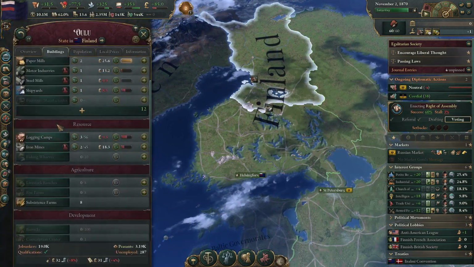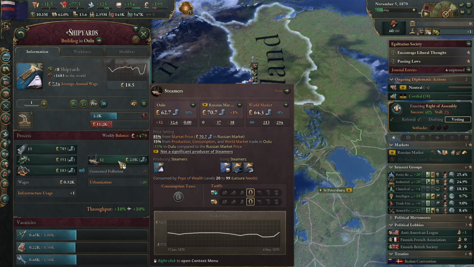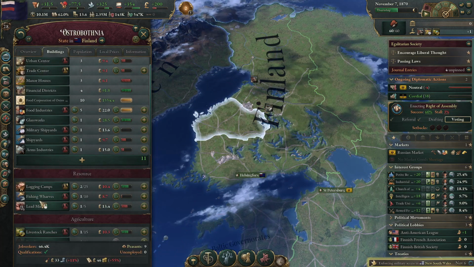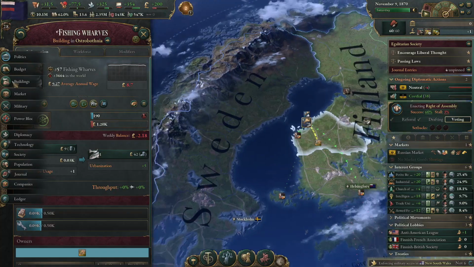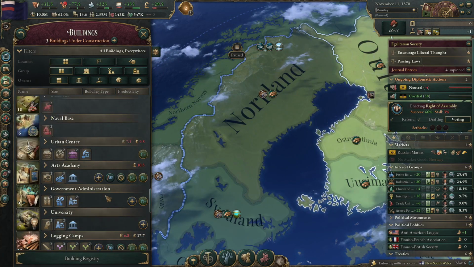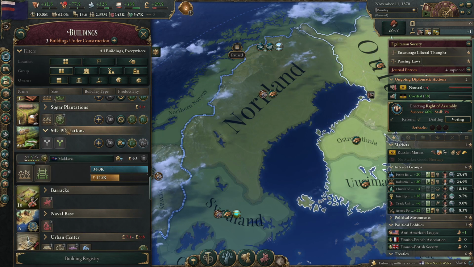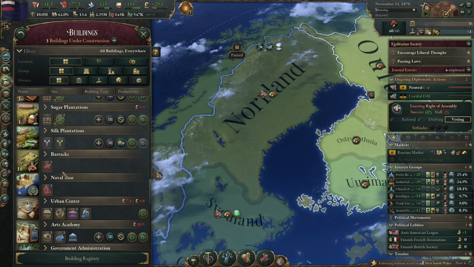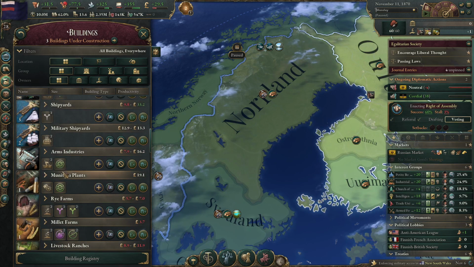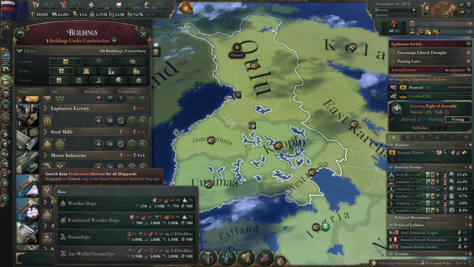And how is the shipyard up here in Oulu doing? So that's producing already. Oh, it's actually producing slightly less now. But I think it's probably easier to just do it through the building menu. So let's find the... Oh, silk plantation. Hold on a minute. Oh, we own some of those in Moldova, I think. Right, well, some of our companies own them. But yeah, so shipyards, I'm going to start...